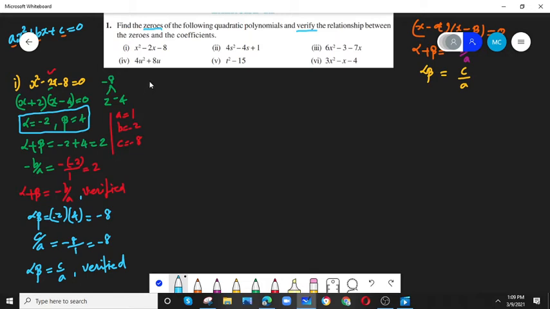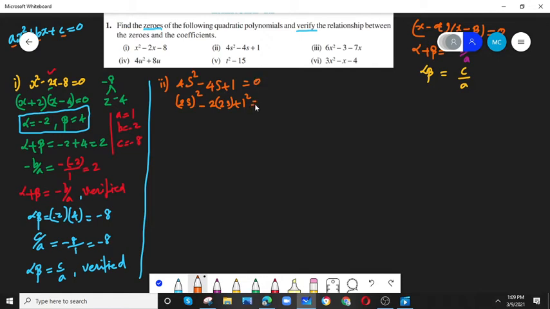So we go for the second problem. Dear students, here we have the question 4s square minus 4s plus 1. Now this is the a minus b whole square formula. So using that formula we can write this as 2s whole square minus 2 into 2s plus 1 square. Like that we can write this equation. This is 2s minus 1 whole square, so the a minus b whole square formula we can apply.